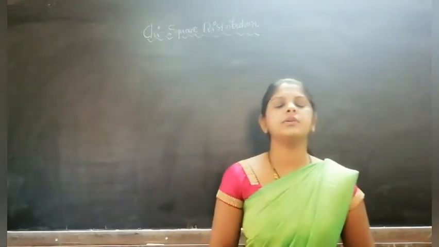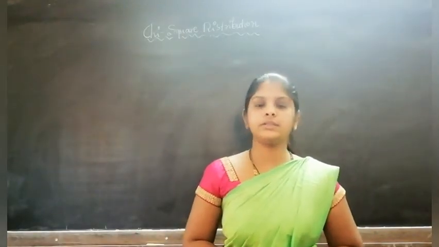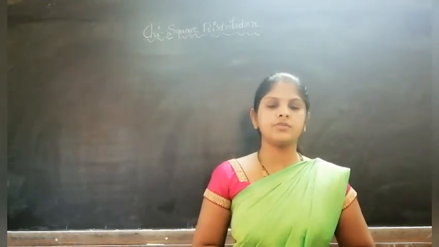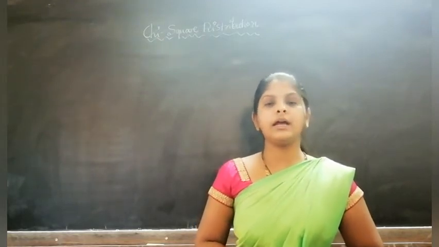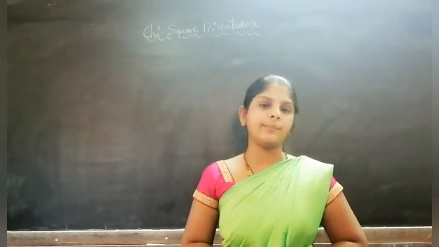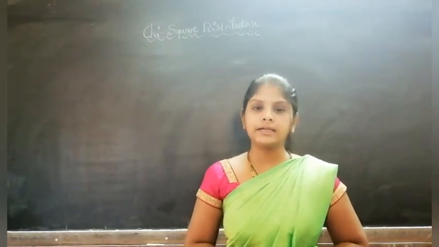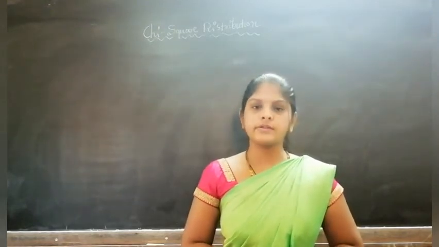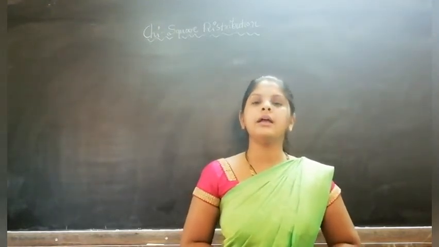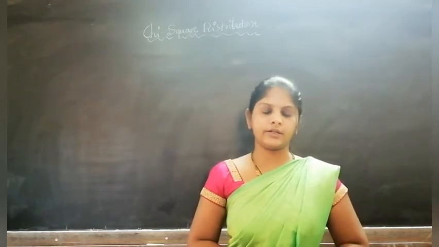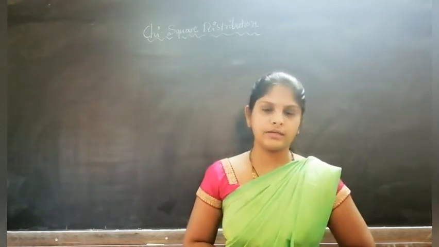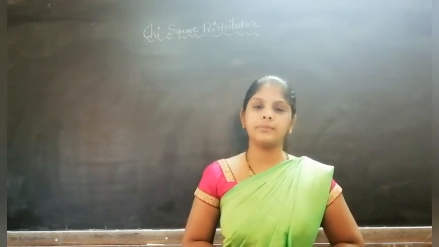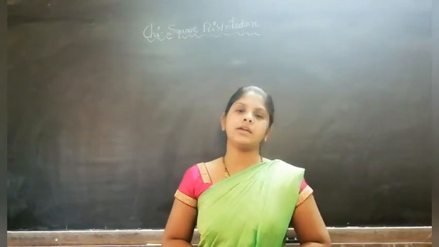Good morning, students. We have already completed all the discrete probability distributions, that is Bernoulli, binomial, Poisson and hypergeometric distribution. As I said, in continuous distributions we have three important distributions: normal distribution, chi-square distribution and student-t distribution. The normal distribution is already started, so in today's class I'll start with the second continuous probability distribution, that is chi-square